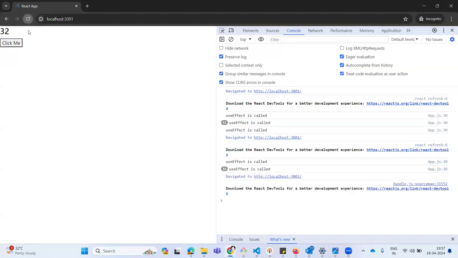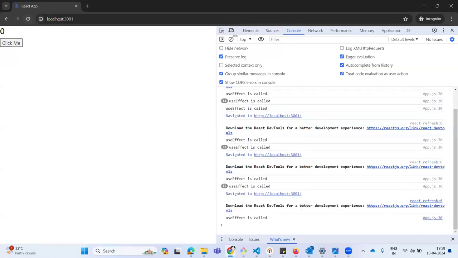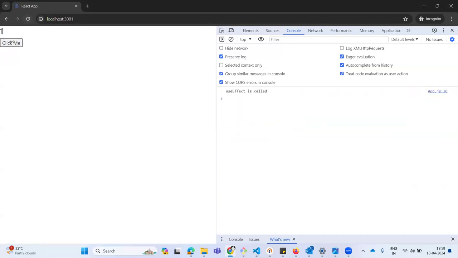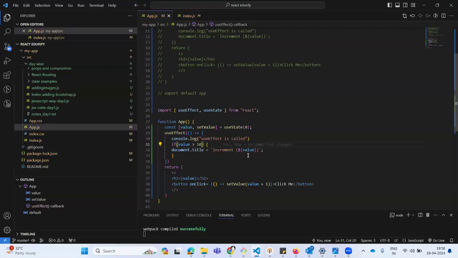So what I'm telling useEffect is called useEffect. If I do 1, it's working, 2, 3, 4, 5. The condition is that the value is greater than 10. Then what I will do is